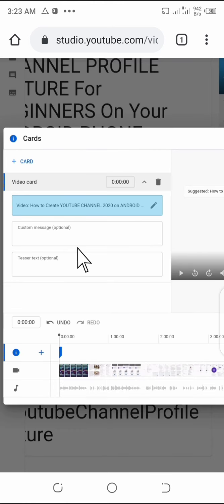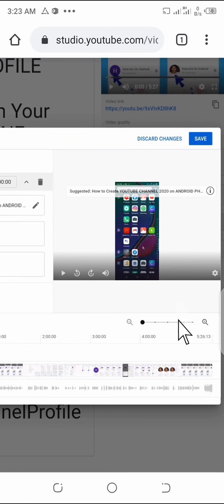Then I choose the video card I want to add. I want to add this. So you just choose any video you want to add. So it should be a related video, okay? So I want to choose this. Then the next thing I'm going to do is to tap on it, okay? So once I tap on it, this is the card sign and this is the card here, okay?